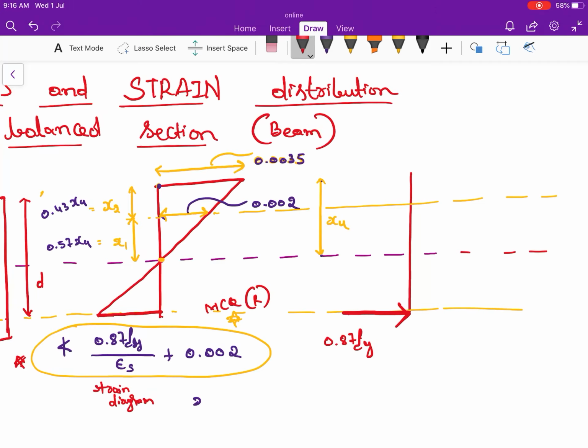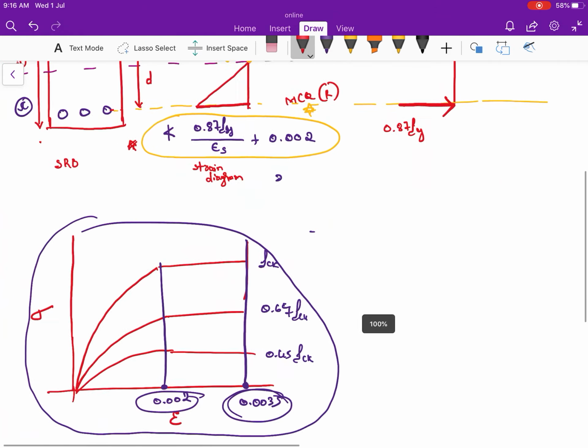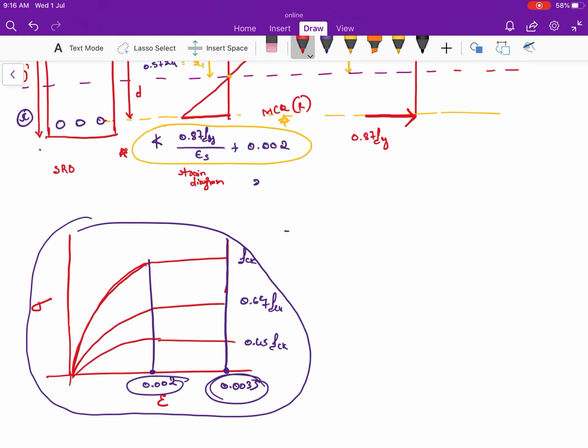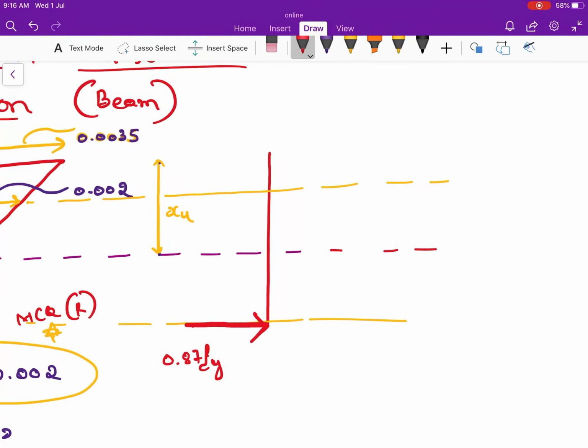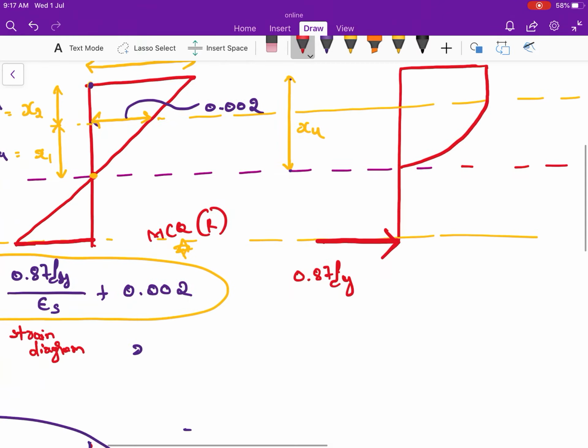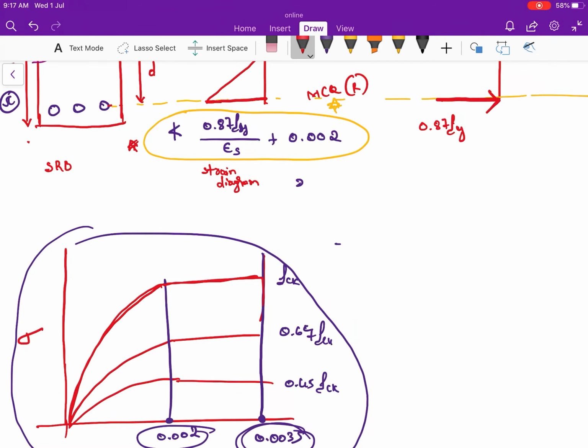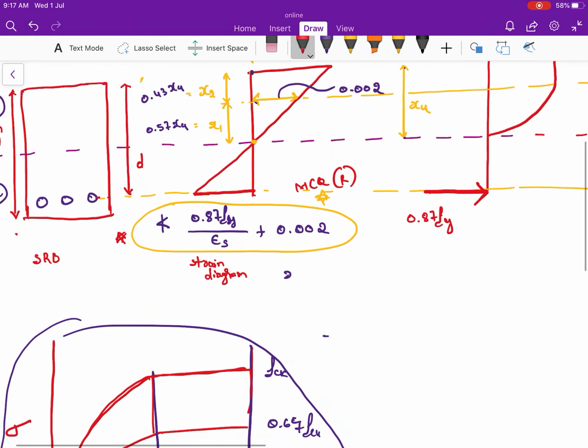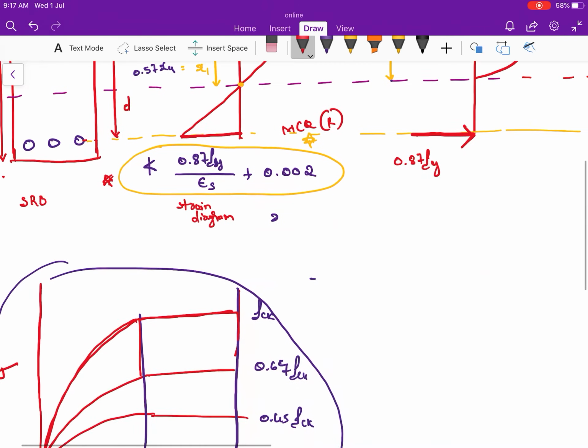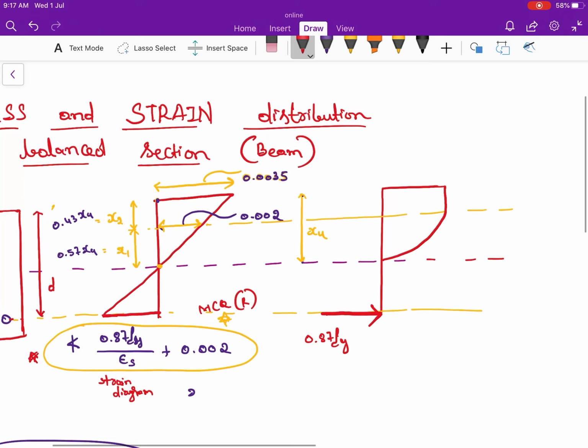And the stress diagram comes in such a way that it is, you can see here, parabolic up to the neutral axis and rectangular. So the same, I'm going to write it here. Up to here it will be rectangular and here it will be parabolic. Okay, so for the extreme compression fiber it is rectangular with respect to 0.0035. Up to here it is rectangular and here it is parabolic. That is what I had written here. So this is the stress diagram.